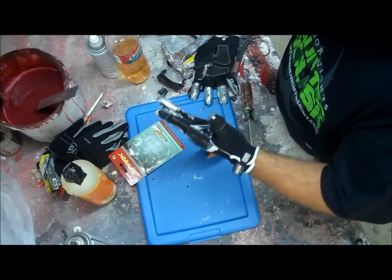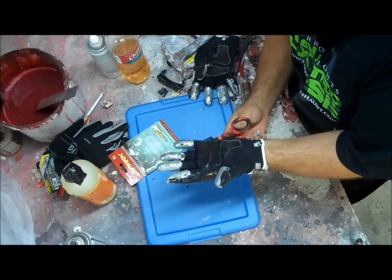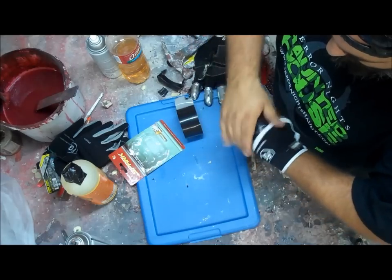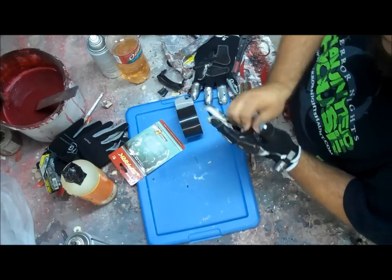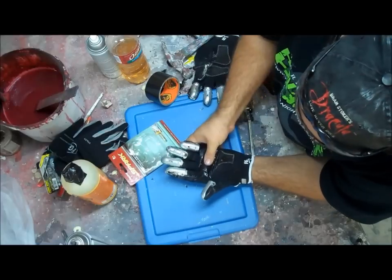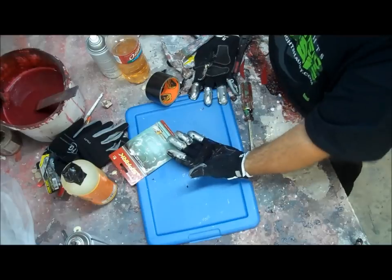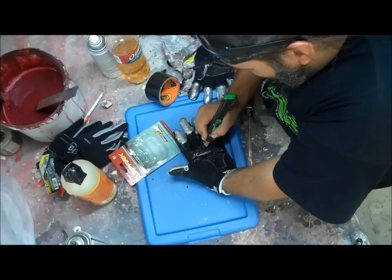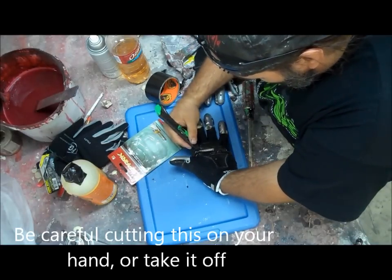Right there. Okay, I'm going to cut that with scissors. I'm going to push it down so it holds everywhere. And I'm going to push it so I can see where the dots were, where that ferrite is, which is going to do the sparking. Now that I can see where that is, I'm going to trim just enough